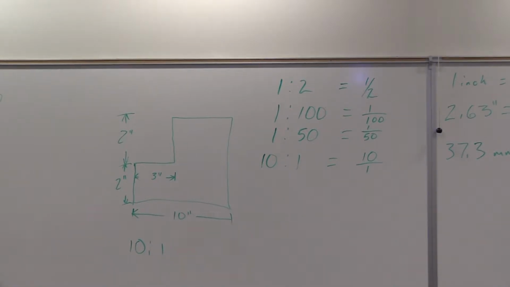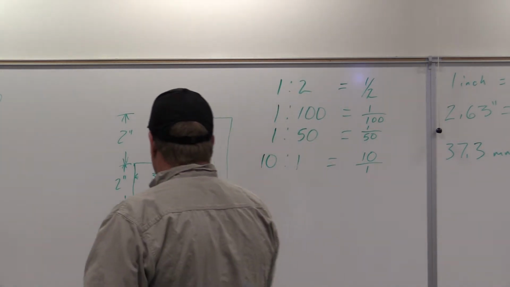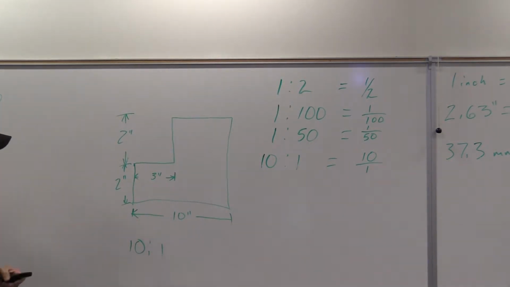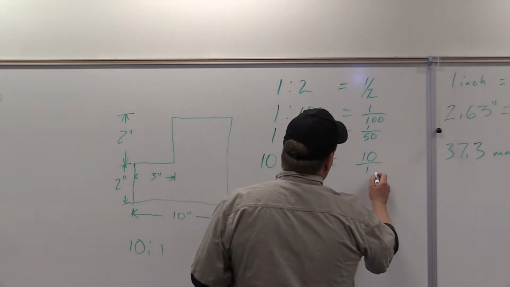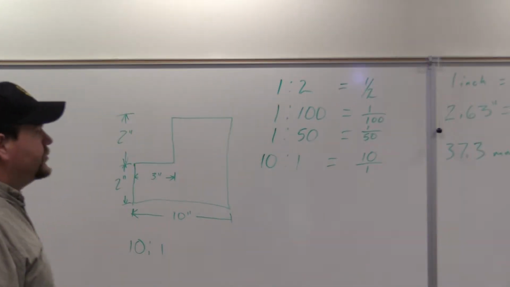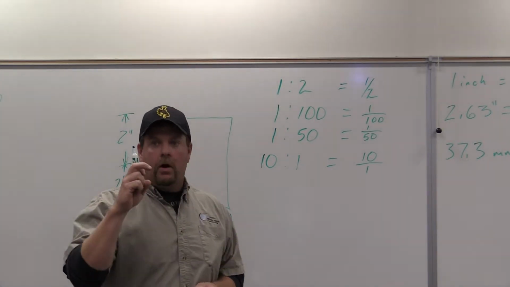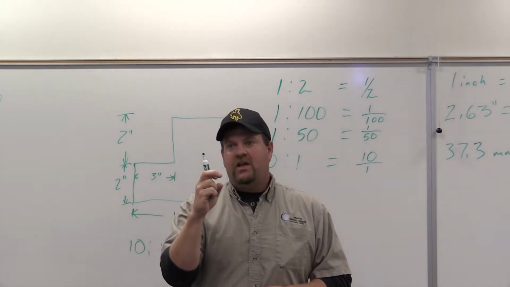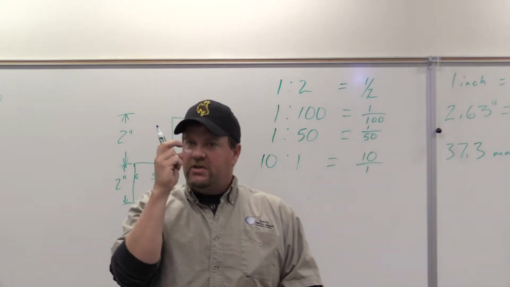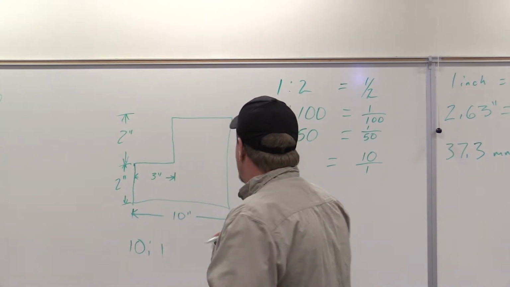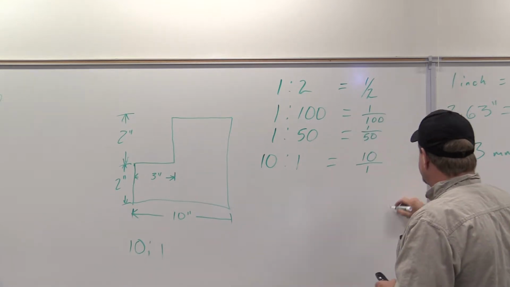So on a typical blueprint, what we might see is a drawing that's going to tell us in the title block that it's 10 parts to 1. Okay? So, in this case, 10 inches is equal to 1. We're a whole number, correct? This might be when we have a very small part. And it's hard to see the details, and we don't want to draw it at a microscopic scale, because if we did it just 1 to 1, say this is a